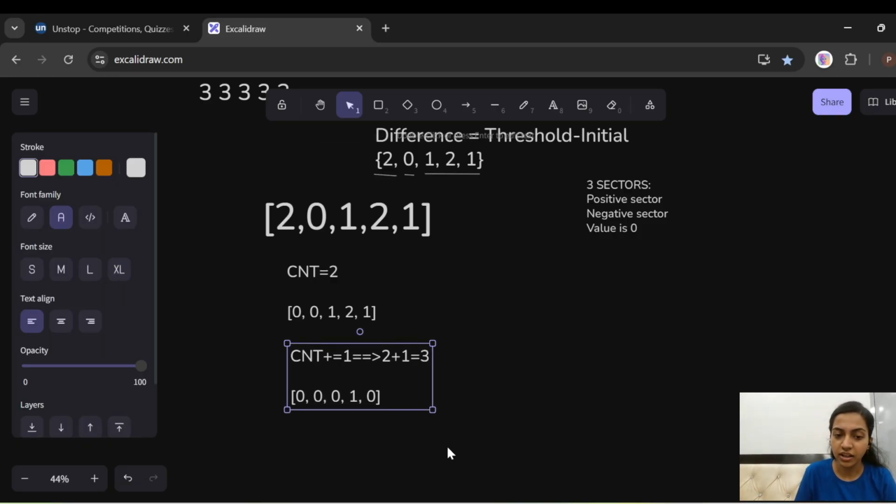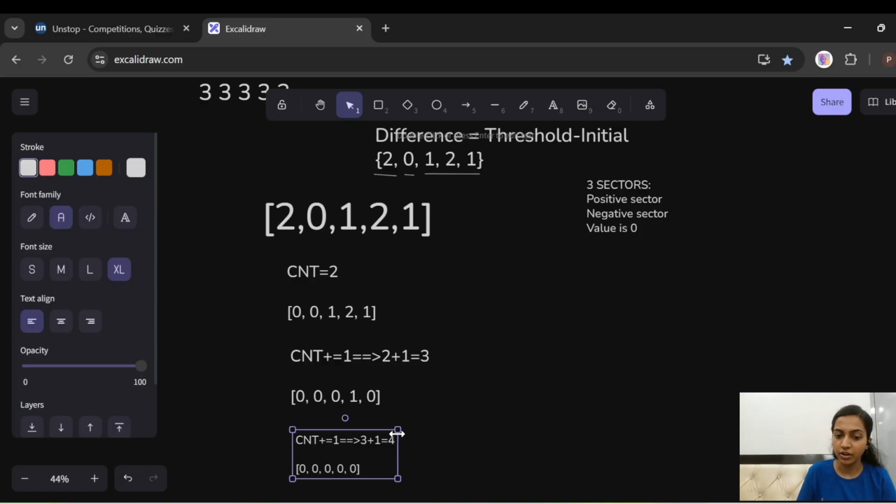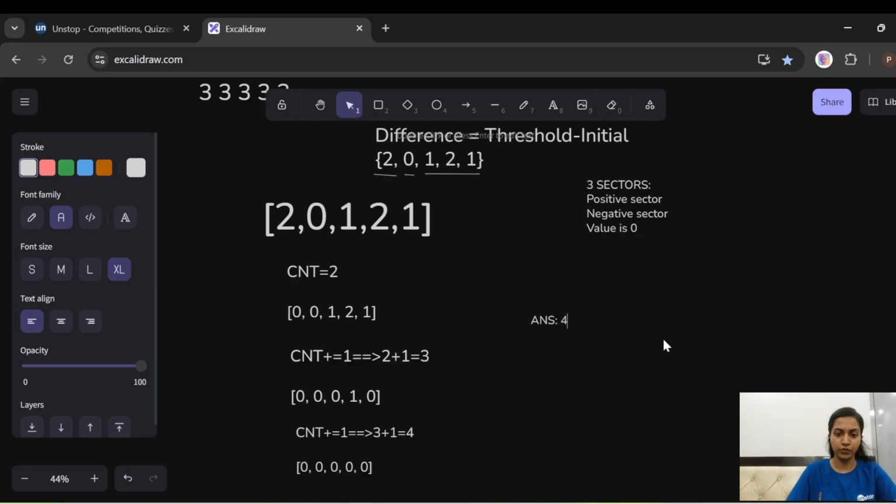Now if we see our array, we only have this value in the middle, that is 1. So we only need to add 1 to our count to subtract this 1 from the array and make this whole as 0. So I'll just add 1 to it. Now count plus will be 1 and this will be again as 3 plus 1 equals to 4. And now my array is going to look like 0 and 0. So the minimum number of ways that we had to find is going to come out to be 4. So our answer is 4.